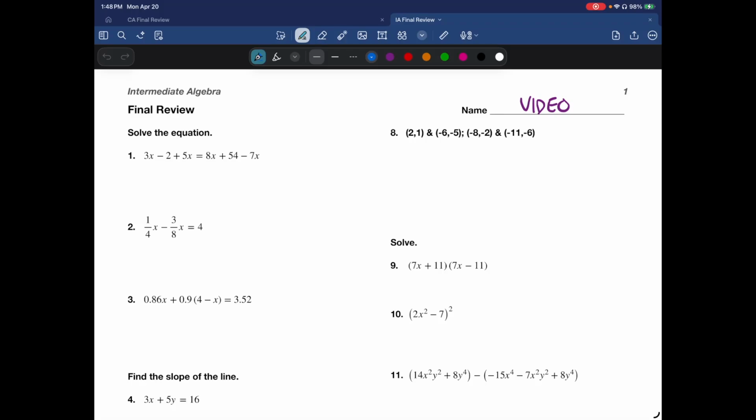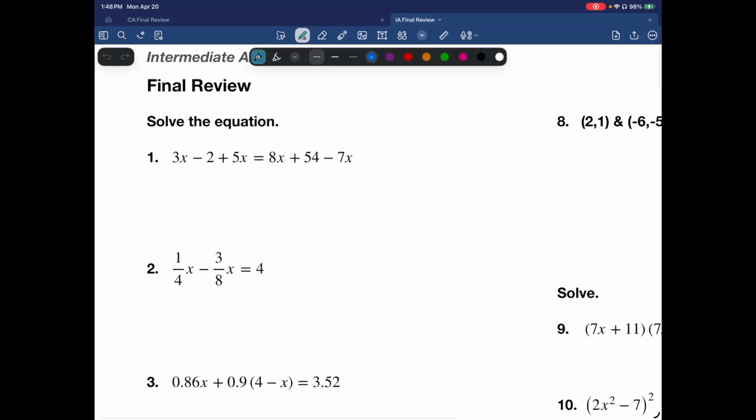All right, guys, let's talk about this final review. On row 1, we're just combining like terms. So we got 3x and 5x on the same side, so we're going to say 8x minus 2 equals, and on the right side we got 8x and 7x on the same side, so 8x minus 7x is x plus